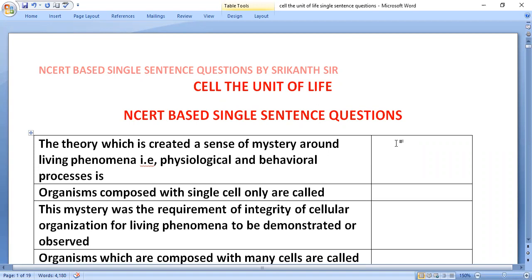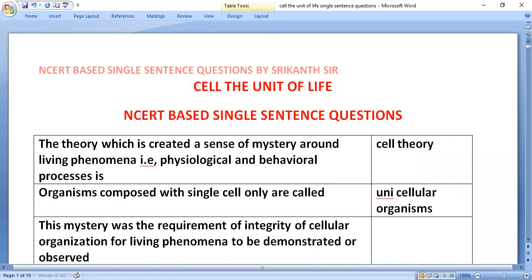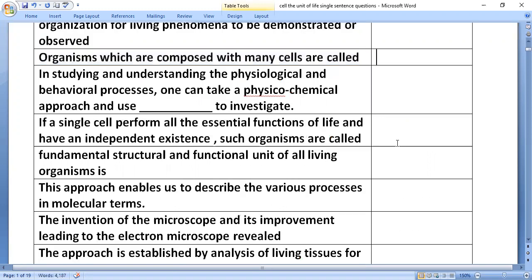The theory which has created a sense of mystery around living phenomena, that is physiological and behavioral process, is cell theory. Organisms composed of a single cell only are called unicellular organisms. This mystery was the requirement of integrity of cellular organization for living phenomena to be demonstrated or observed. Cell theory. Organisms which are composed of many cells are called